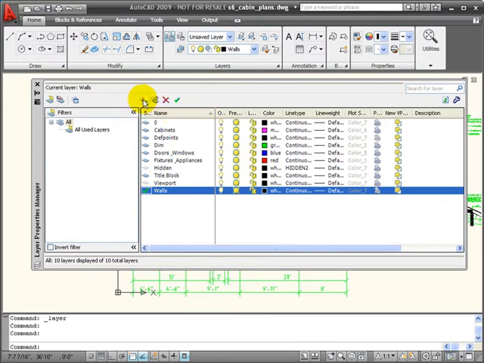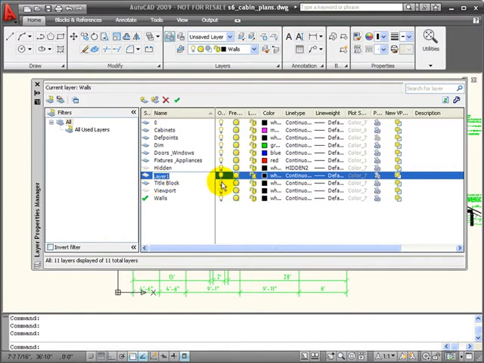I can use my tools to create new layers. If I click here, I've created a new layer, and notice that the new layer is created with the same properties as the active layer. Because my active layer was walls with black continuous and default line weight, the new layer is created with black continuous and default. I would name my layer,